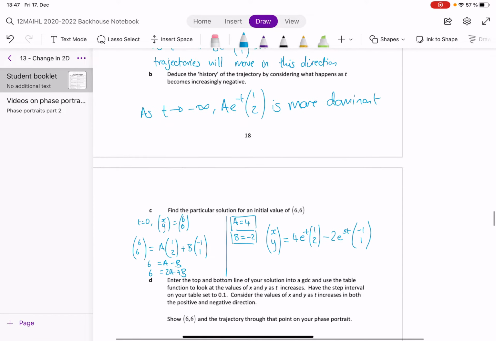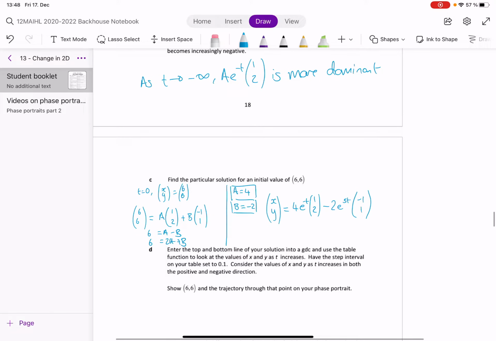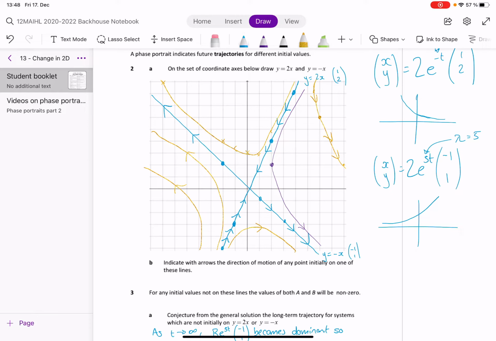Okay, welcome to what I think is probably the last of the videos on this lesson. Hopefully you did what I suggested at the end of the last video and you explored a few other points on your calculator. You should have ended up with a diagram that looks something like this. I've missed off an arrow on this one,